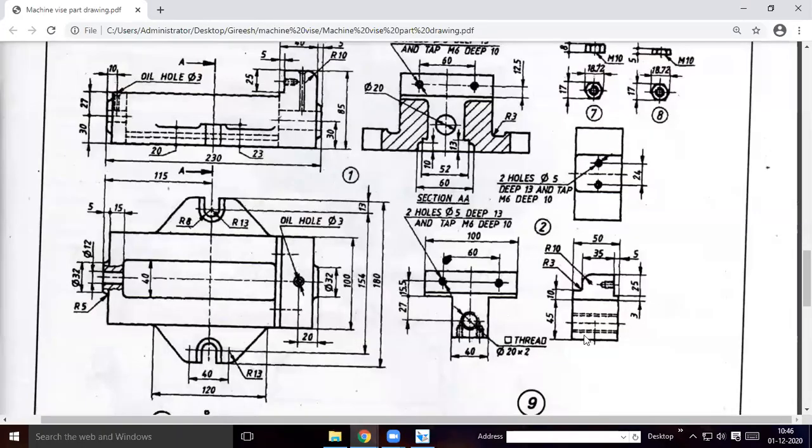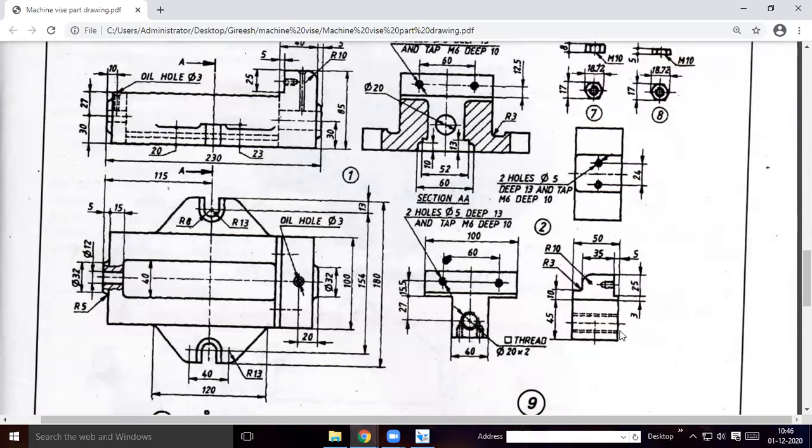Here you see there is a threaded wall. From the side, throughout its 100 mm width, you will have threaded walls. The threaded wall is of diameter 20 and pitch 2 mm. It is a square thread of diameter 20 and pitch 2 mm. It is at a distance of 27.